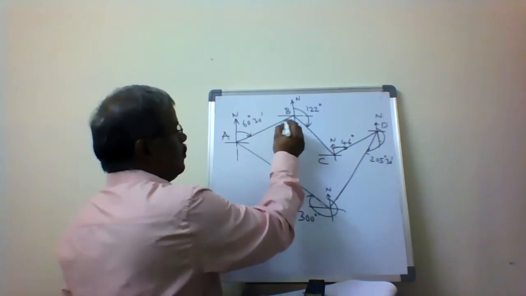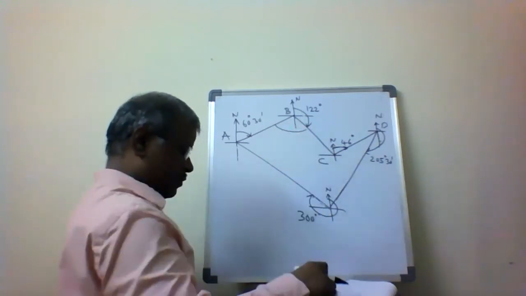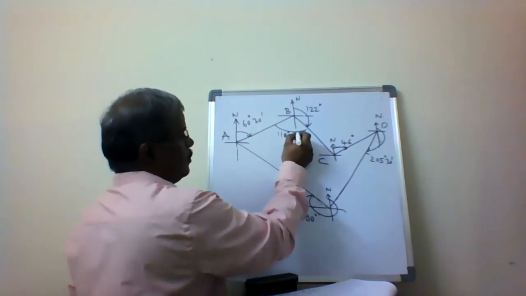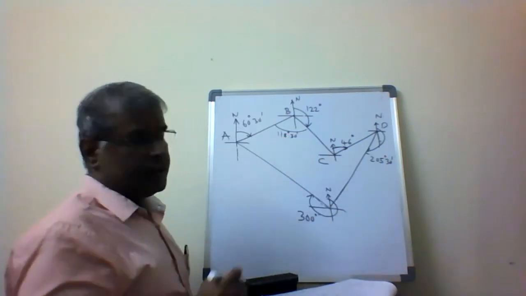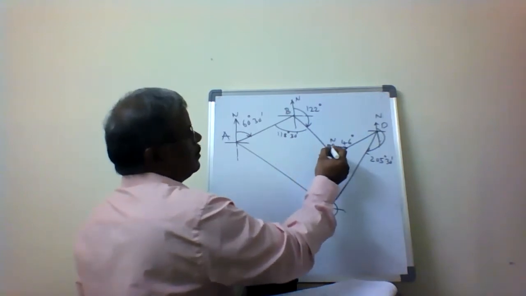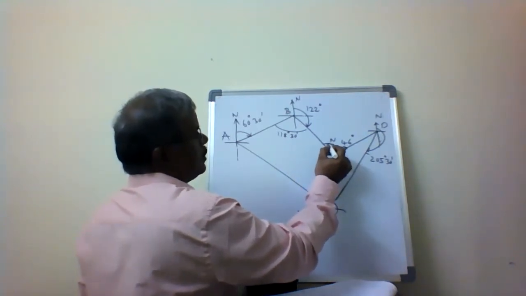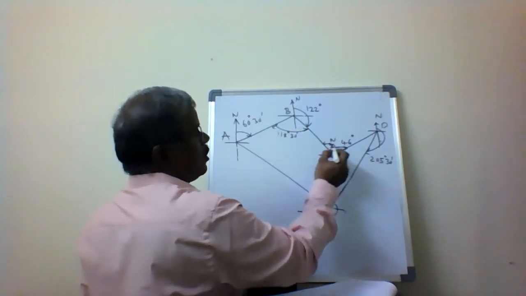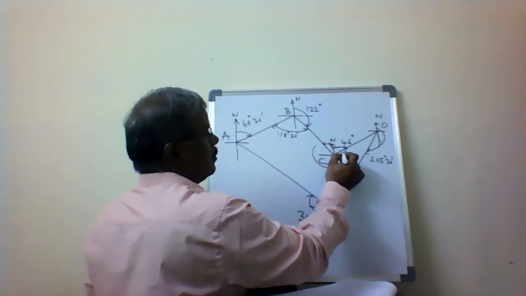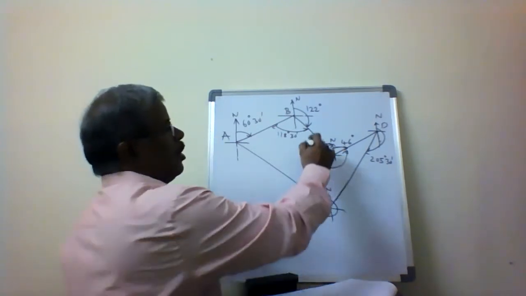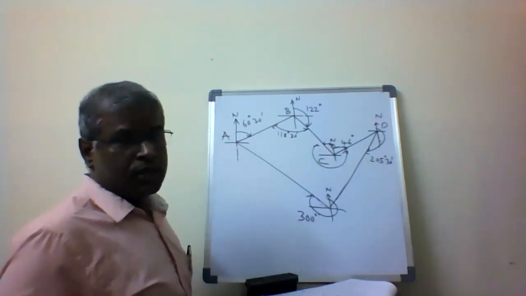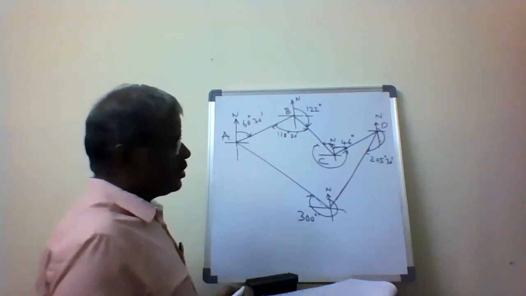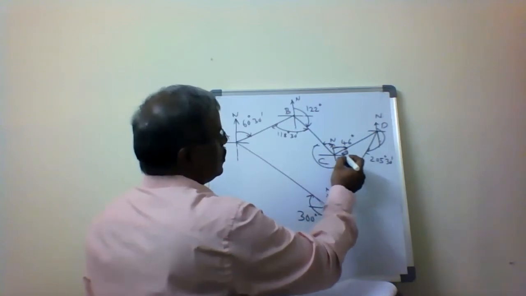Now angle B we already calculated as 180 degrees 30 minutes. Now I have to calculate angle C. Angle C is going to come as exterior. This is the exterior angle and this is the included angle. The exterior angle is a total of 360 degrees, while the included angle is going to be less than 360. Now, this is 46 degrees.